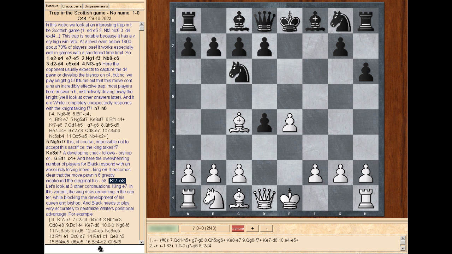Let's look at three other continuations. King e7. In this variant, the king risks remaining in the center, while blocking the development of his queen and bishop. And black needs to play very accurately to neutralize white's positional advantage. For example,